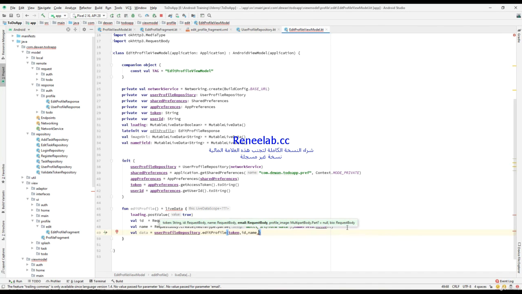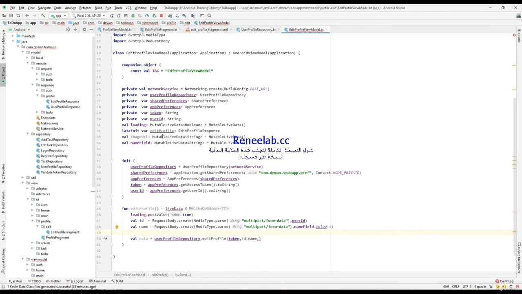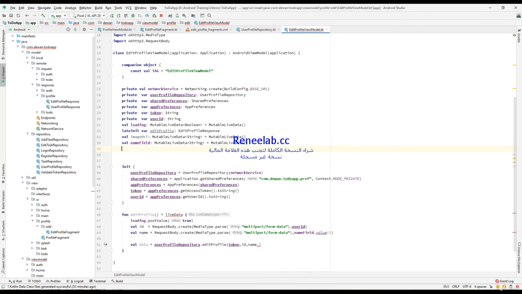And the third parameter we have to pass is the email. So let's create the same mutable live data first for our email, an email mutable live data. And I will create the same